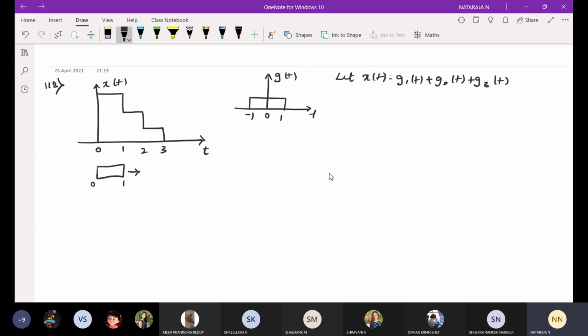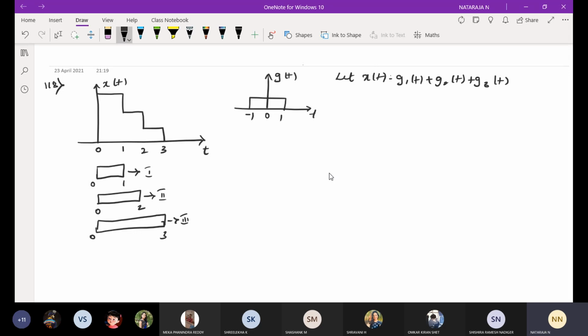In the last two problems, we had the rising edge of a staircase. This is the falling edge of the staircase. For a rising edge we have to take 0 to 3, 0 to 2, 0 to 1 like that. But it's a falling edge, so we have to take first 0 to 1, then 0 to 2, then 0 to 3. This is second one, this is third one, this is first one.